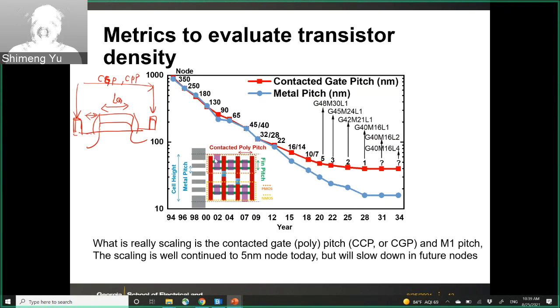And this is along the channel direction. Perpendicular to the channel direction, from the top view layout, you have the metal one pitch, because metal one will